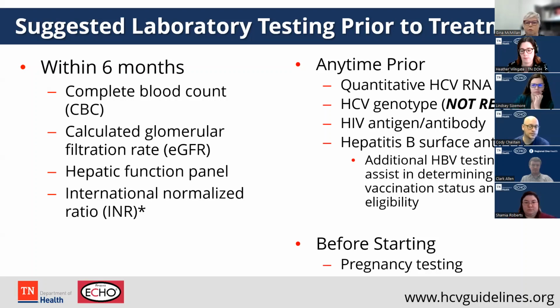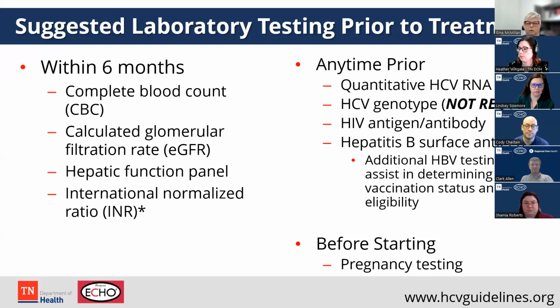At this point, within the past 6 months, a patient should have had a complete blood count, an estimation of their kidney function, typically with a creatinine level that can be calculated to an estimated glomerular filtration rate, a hepatic function panel, which can measure the degree of inflammation in the liver. An international normalized ratio, or INR, is not required for all patients. It's something that you can consider if you suspect advanced liver disease. Anytime prior to treatment,